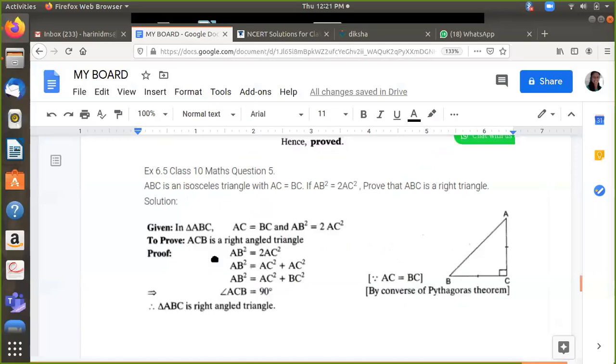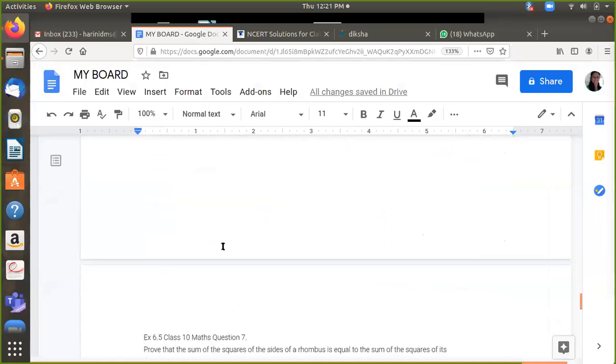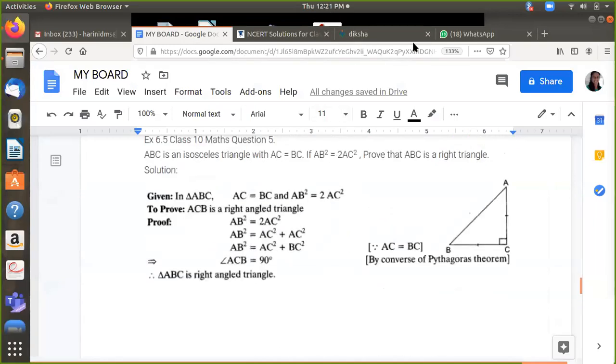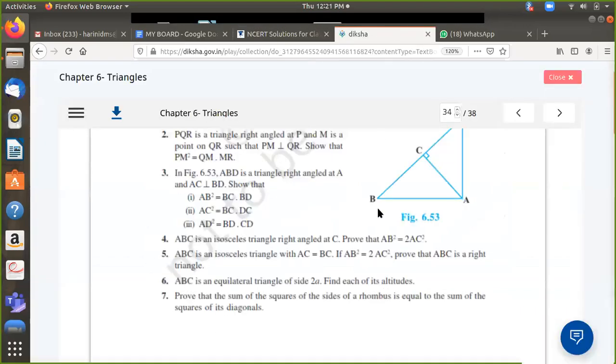I don't know if I have drawn it. Did I choose that one? No, I think I went to the 7th one. Okay, never mind. Maybe I'll try drawing it again. So for which I have to again stop my screen share and go and select my app.